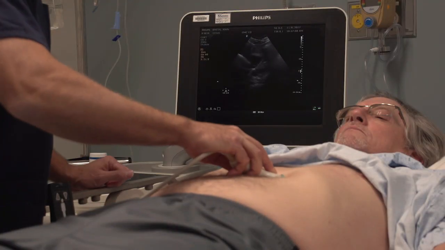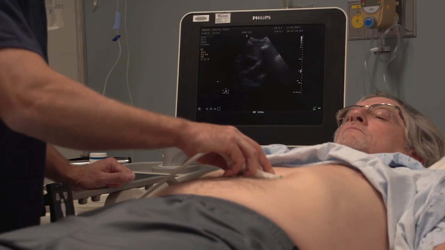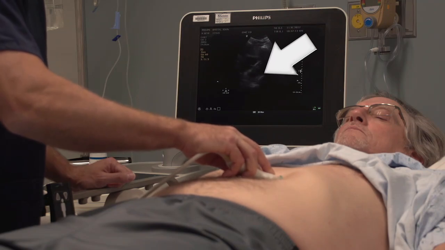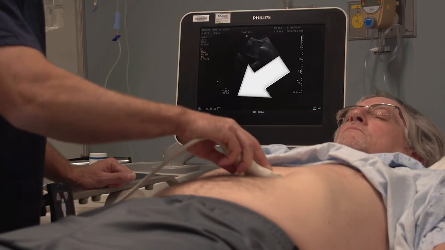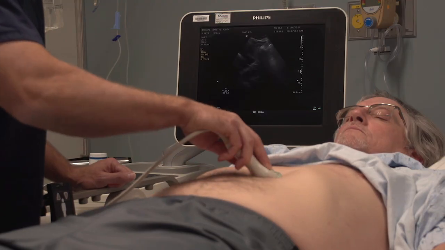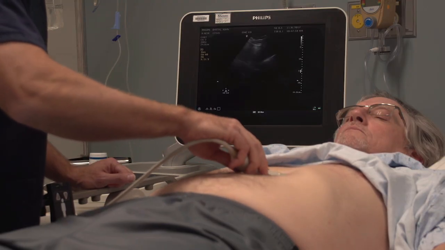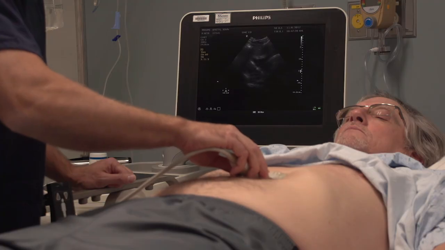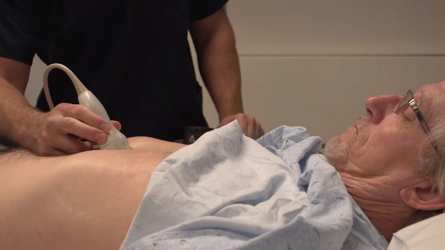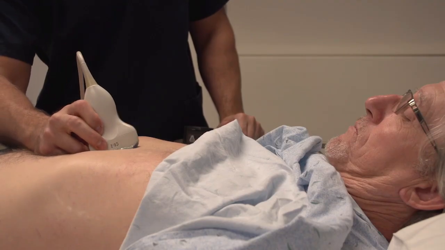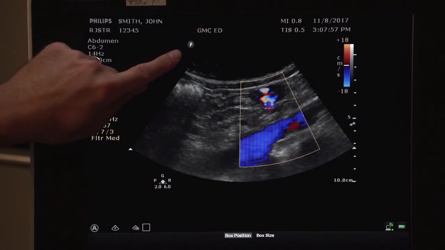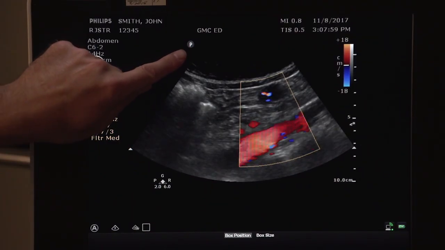If the indicator is placed correctly, the patient's right side appears on the right side of the screen. In this case, the right ventricular outflow is directed toward the side of the screen to your right. If the probe is turned 180 degrees from transverse, right and left are switched. With longitudinal probe orientation and correct indicator placement, the convention is to have the cephalad side at the left of